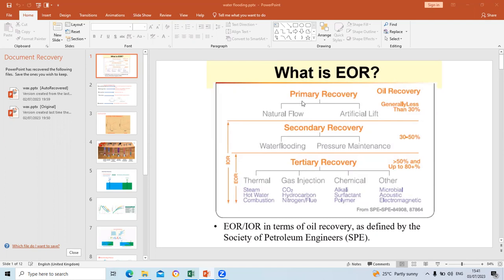Like if you look at what we have here, we have the primary recovery. That means it is using the primary energy of the reservoir. That's what we have to realize there. So in this particular case, it is flowing naturally. If there is an issue with the wellbore, we are going to set in an artificial lift. I'm going to explain those two terms shortly. Now, when the natural energy of the reservoir dies down, they have to look at